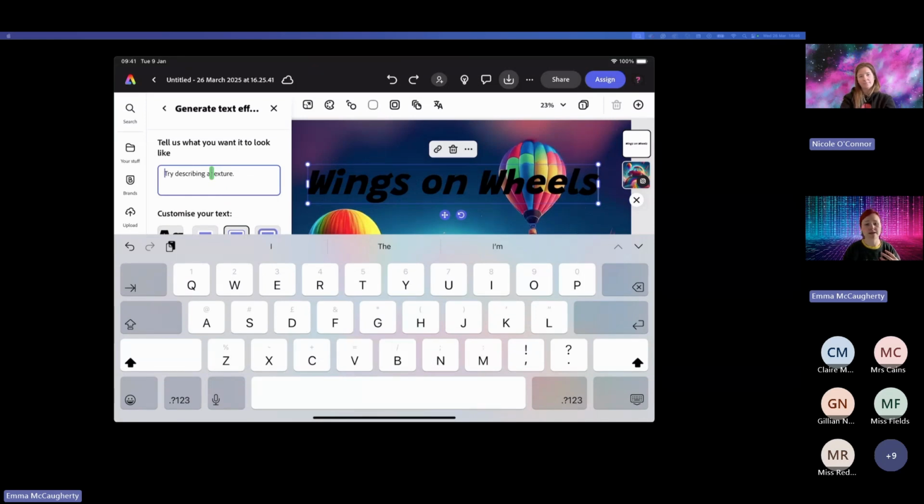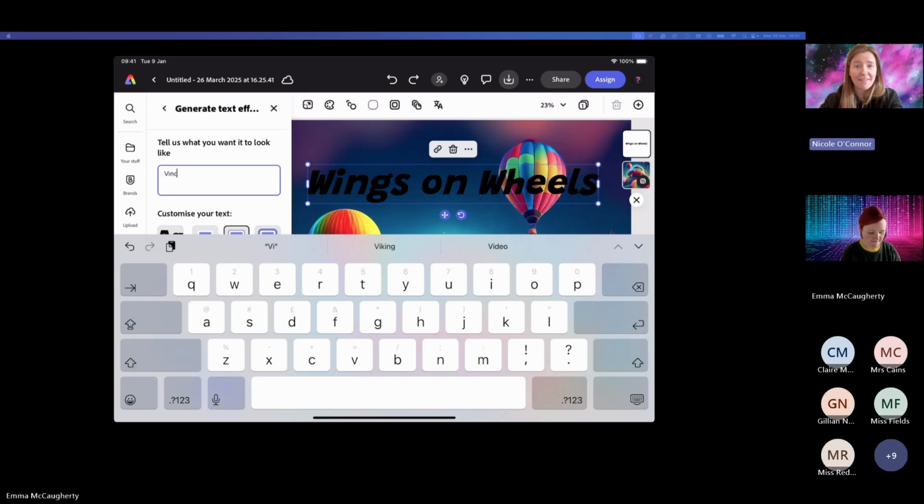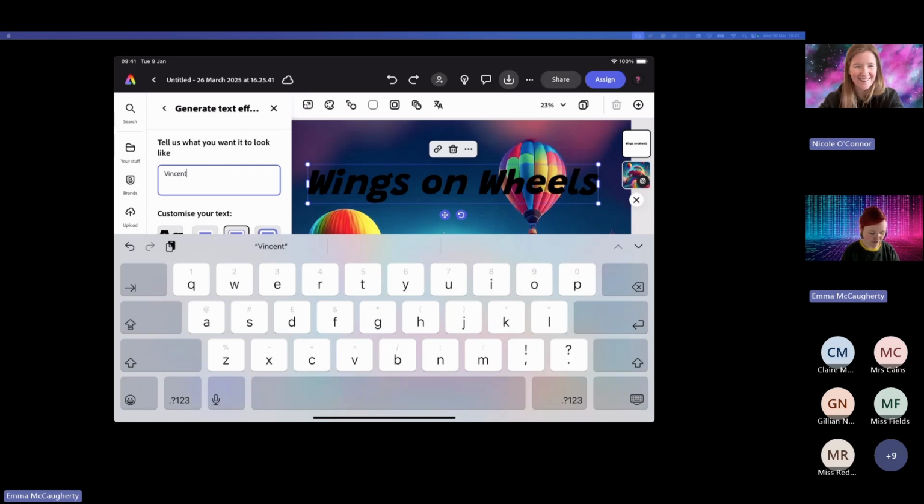What I'm going to try and do is get a certain kind of style. You can always use artists' names here. This is one of the few times that you can actually use people's names in Adobe's AI to replicate a style. So I'm going to test this out. I've never tried it on this scale. So let me try, like a live demo. Yeah, I'm going to try Vincent van Gogh